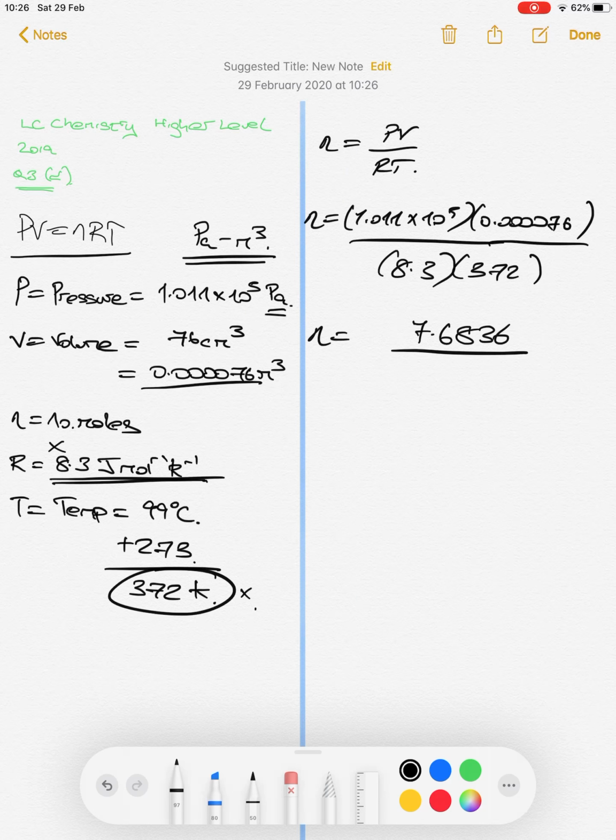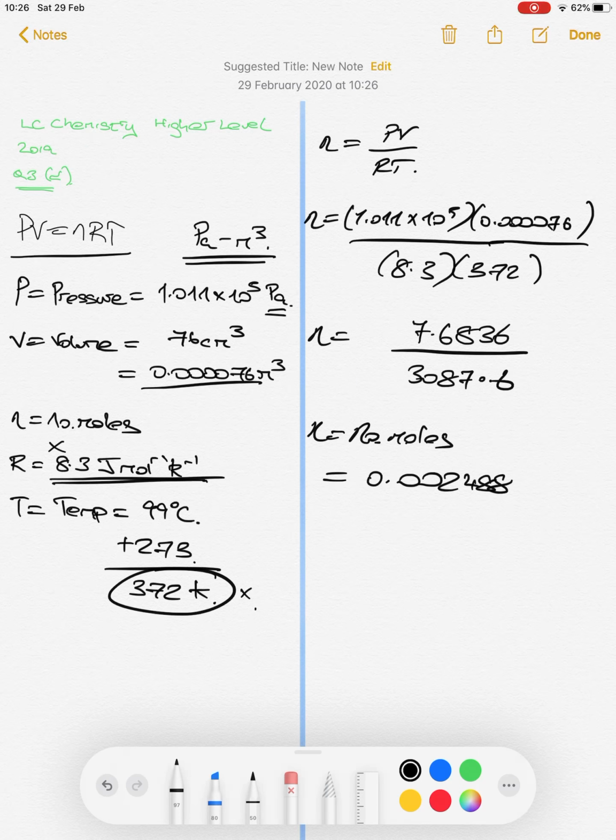I have a calculator here next to me, which you cannot see. That's 3087.6. And then, which is my number of moles, this is the number of moles of the volatile liquid which was evaporated. When I divide in there, I get 7.6836 divided by 3087.6, and I end up with